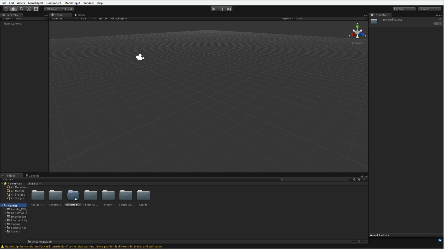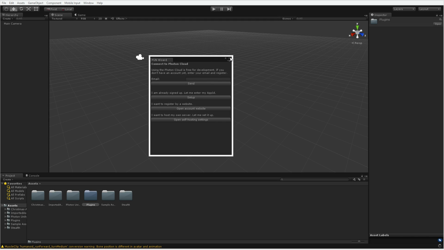What I'm going to do is basically just move everything into this Imported Assets folder. The only thing I can't move into the Imported Assets folder is the folder Photon created called Plugins right here, where the Photon plugins exist. That has to stay in root. That has to stay under Assets. So that's the only folder that we've imported that we're not putting into the Imported Assets folder. So let's just move the rest of these here.